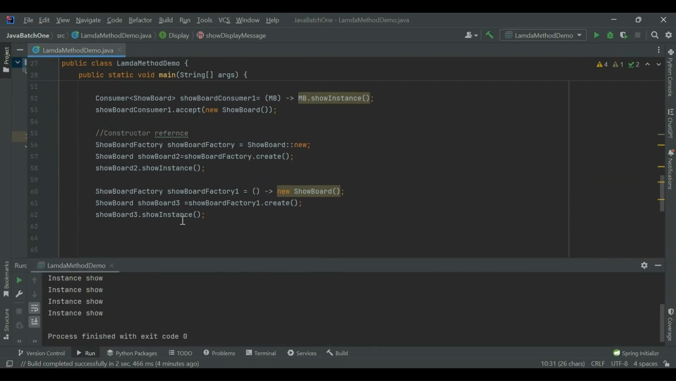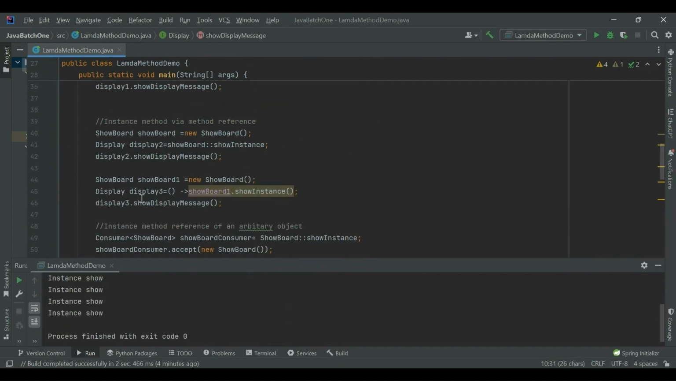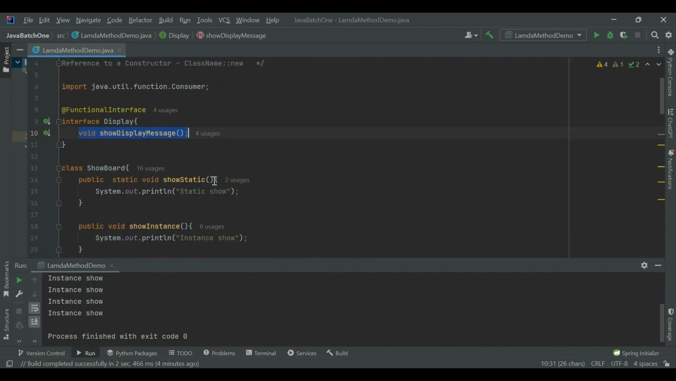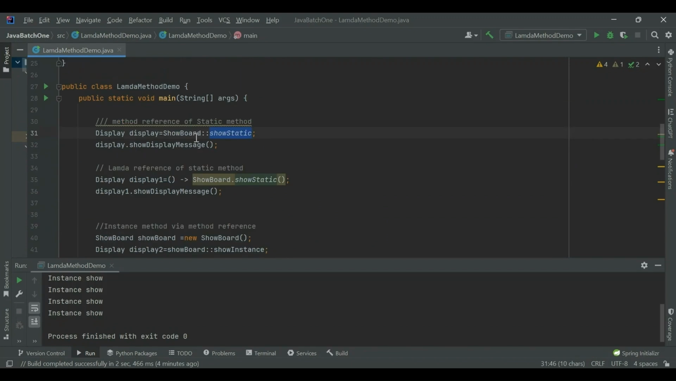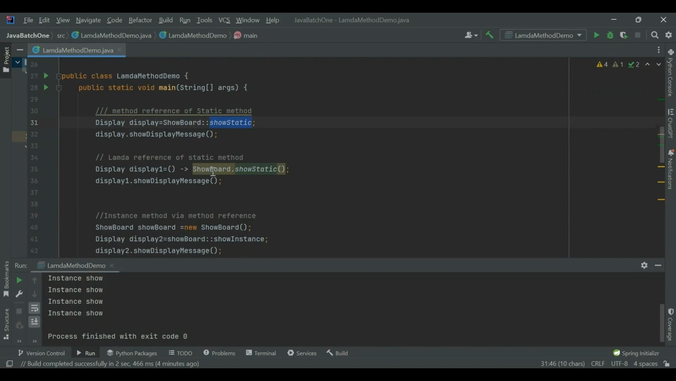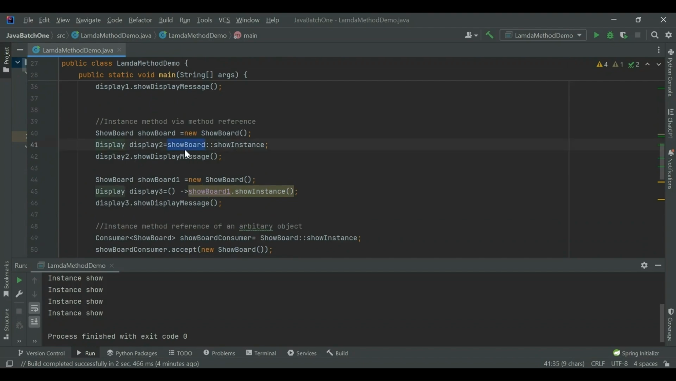This flexibility is a hallmark of functional programming in Java, allowing you to compose functions and interfaces without rigid class relationship. So a quick summary of what we saw in this program. We started by creating an interface called display, which is a functional interface, and a class called showboard. We saw how to refer to a static method with showboard double colon show static method. Then we reference the instance method with showboard